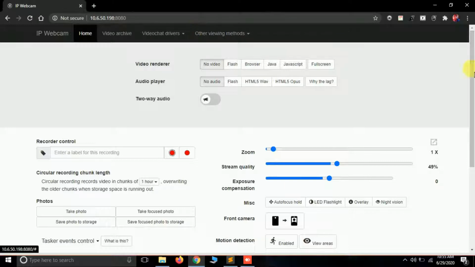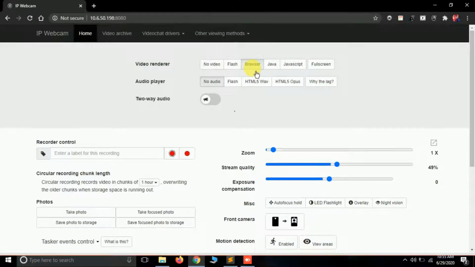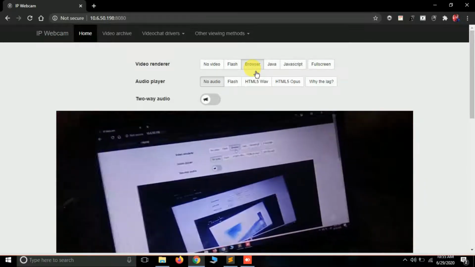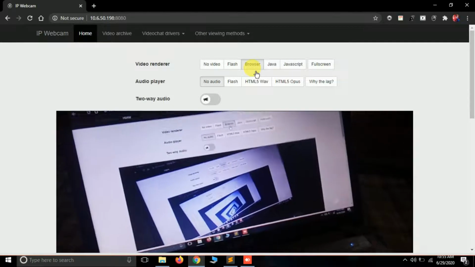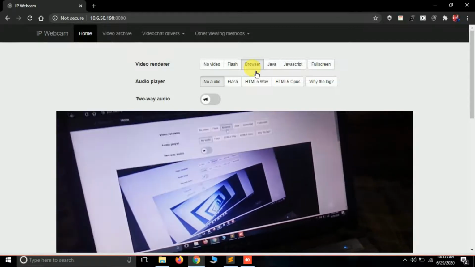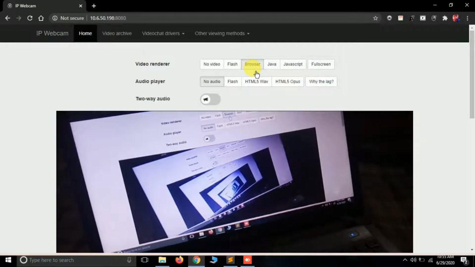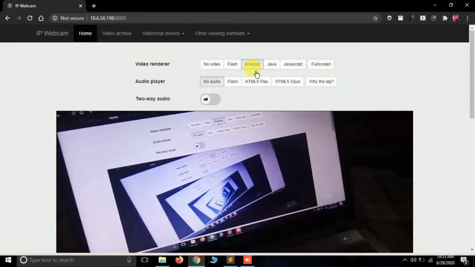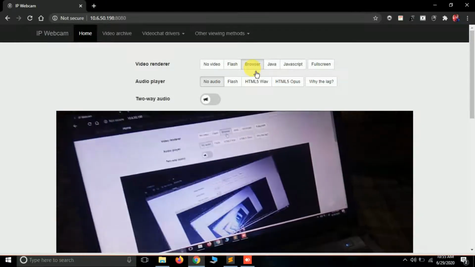It's opening IP Webcam, and now if I select browser from here, you can see I'm able to open my Android camera from here. So we are able to do it in the browser. Now let's learn how to do the same thing using Python.